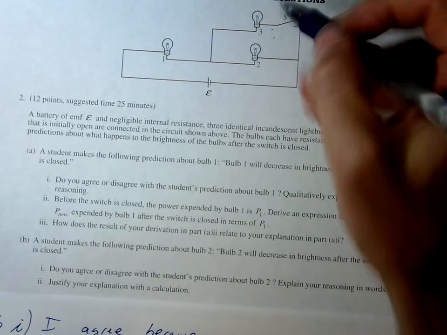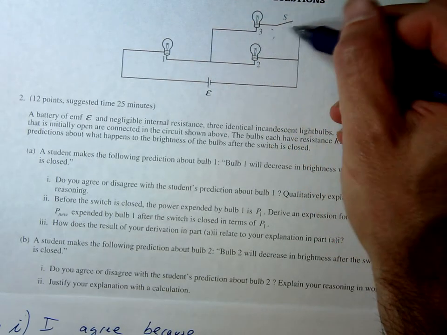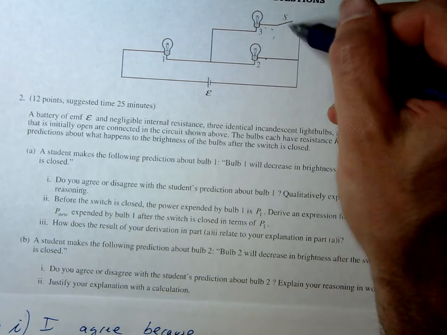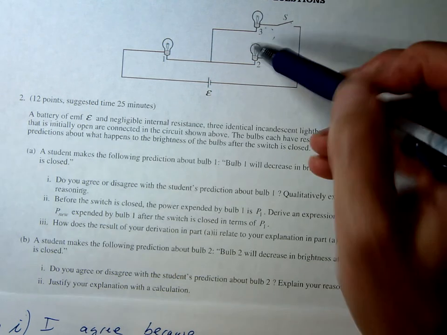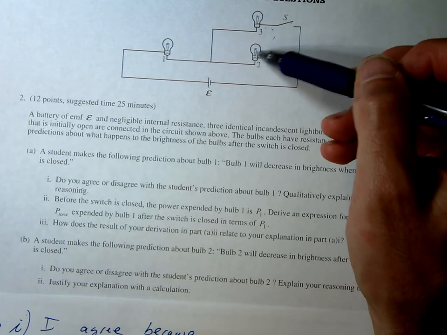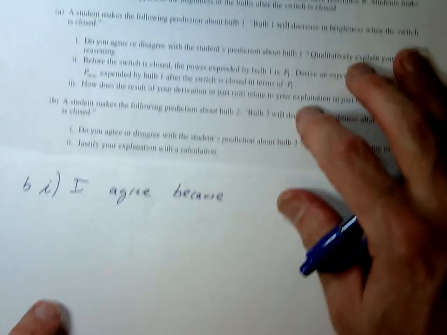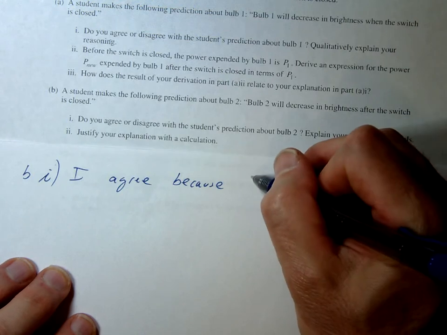So what's going to happen here is when this gets closed off, this is going to essentially share the current with number 2, right? Some of the current's going to go through here, some of the current's going to go through here, and it's going to have to go down. The overall current through here, it's going to have to share it over with the other one. Okay, because bulb 2